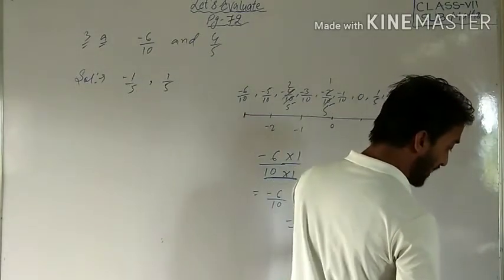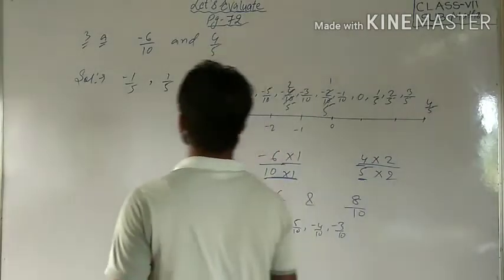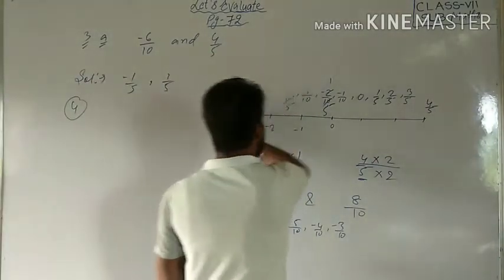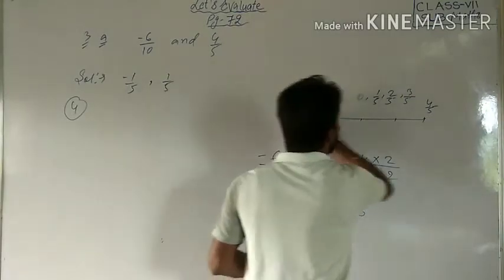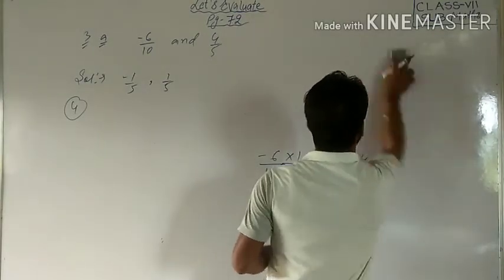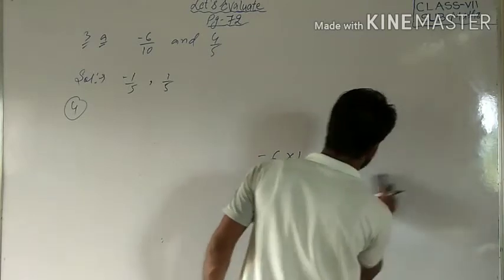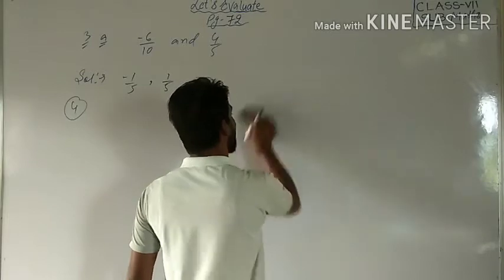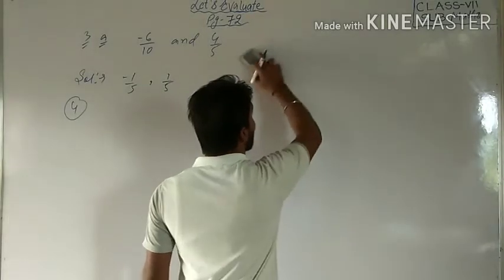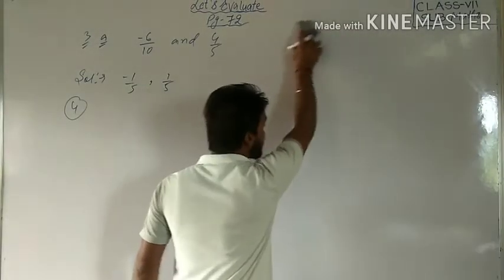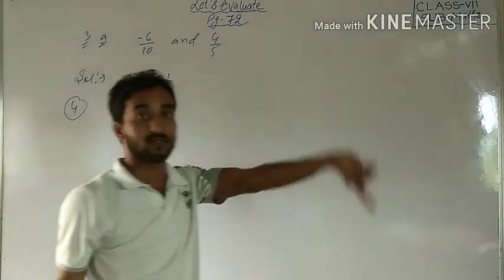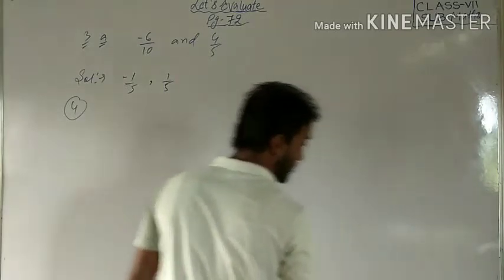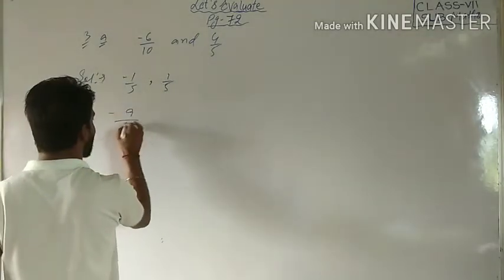Question number 4. Write the equivalent rational number. Students, do you know what equivalent means? Equivalent is derived from the word equal. Equal means the quantity you have, the same quantity I have also. It means both are equal. Suppose in a maths online test you score 7 marks, then I also score 7 marks. It means equal.